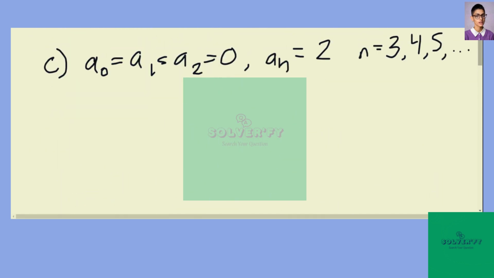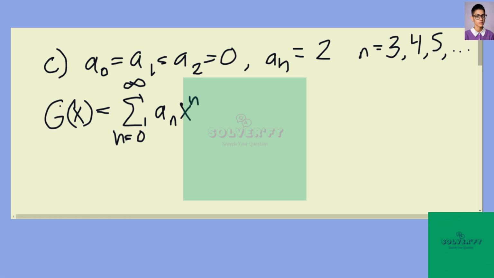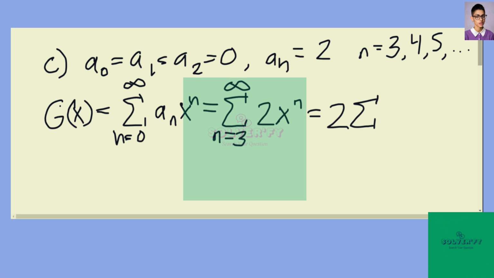The generating function for this sequence, g of x, is by definition the sum from n equals 0 to infinity of a sub n x to the n, which is equal to, substituting in the sequence, the sum from n equals 3 to infinity of 2 x to the n, which is equal to 2 times the sum from n equals 3 to infinity of x to the n, which is equal to 2